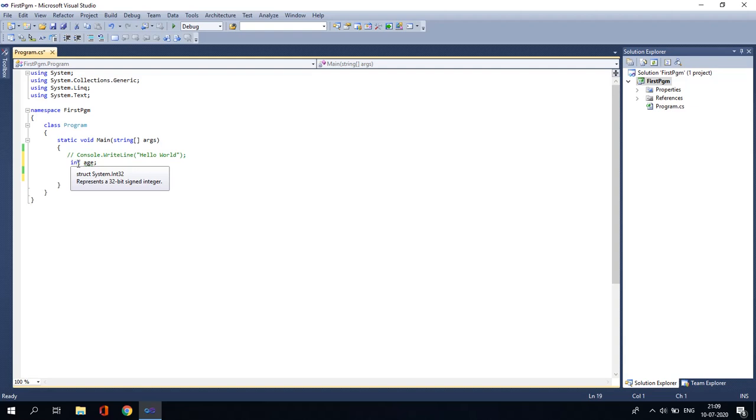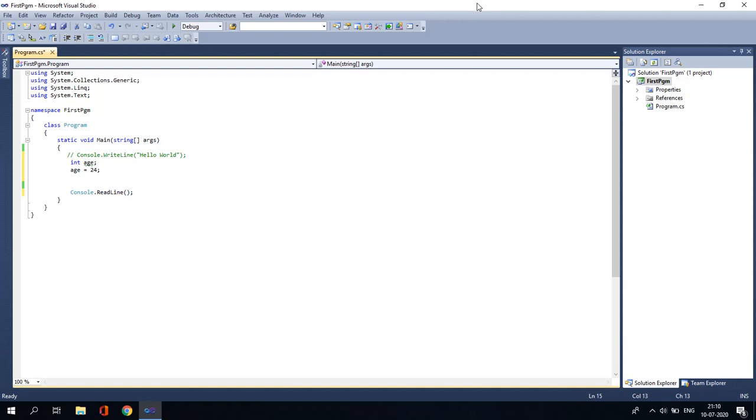Now if I move my mouse pointer over it, it will show me the description: int is of struct data type from System.Int32, which represents a 32-bit signed integer. Now age is a variable declared to store only integer values. We can also assign a value to the variable later in our programs, like here I have declared and now I am assigning a value here. Age is equal to 24, say. So that is also okay. Now age is 24 represents the value being given is 24.